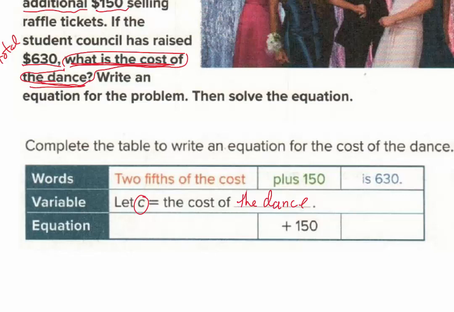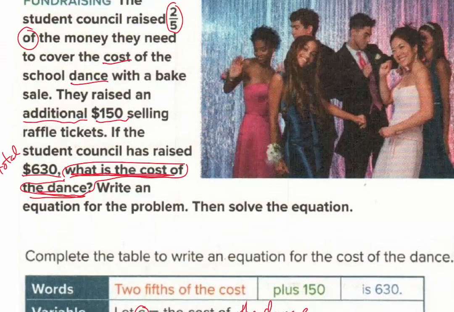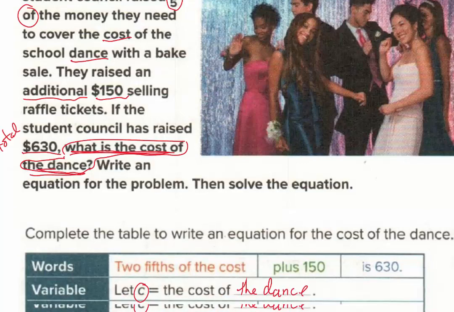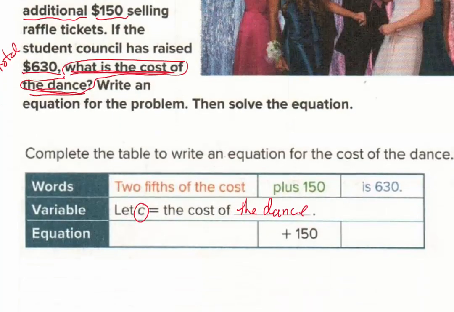That's our unknown, so that's going to be our variable. Also up here, remember we said there was 2/5 of the money needed for the cost. So 2/5 of the cost. So how do we show 2/5 of the cost? Remember, of means multiply. So it's 2/5 times C. Plus the additional 150 that they sold with raffle tickets, so plus 150, is means equals, so we're going to